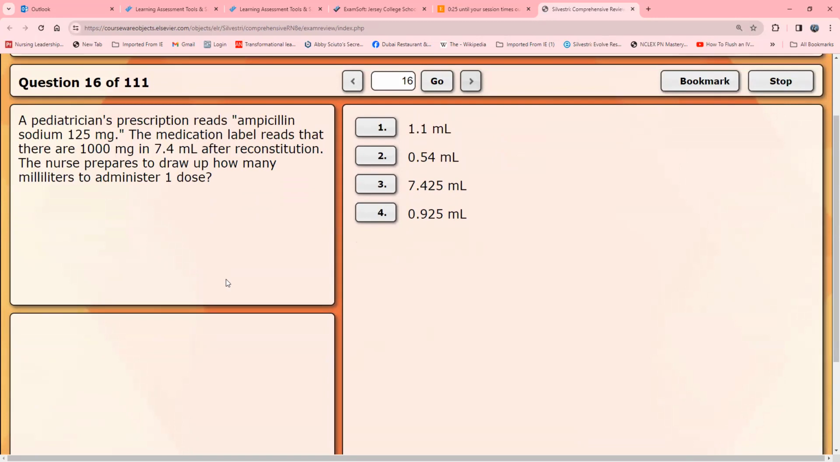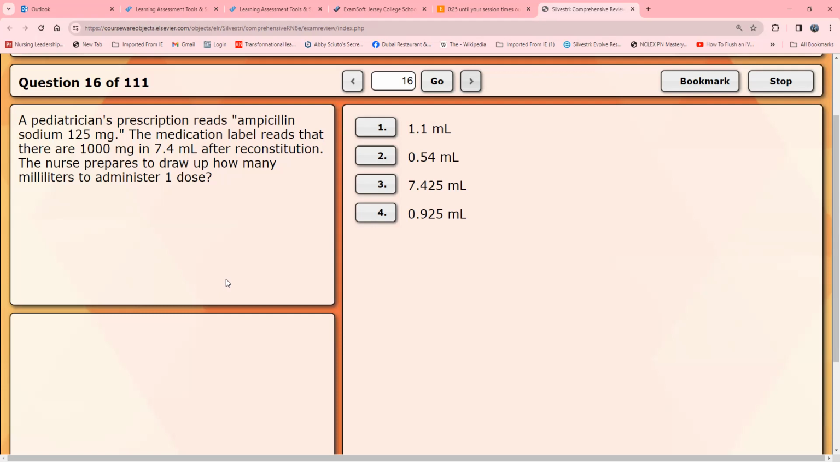How much are you going to administer? Administer one dose. You're asking about a dose, and it's always desired dose over what you have on hand, times the quantity. So when you talk about reconstitution, all you're doing is adding fluid to a powder or adding fluid